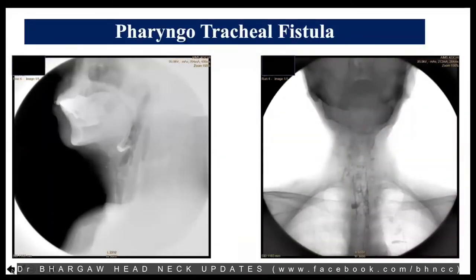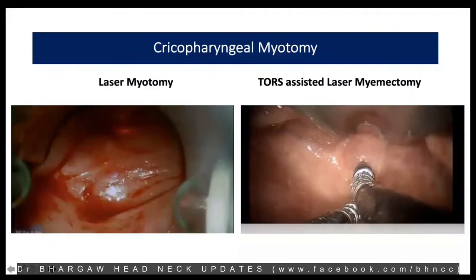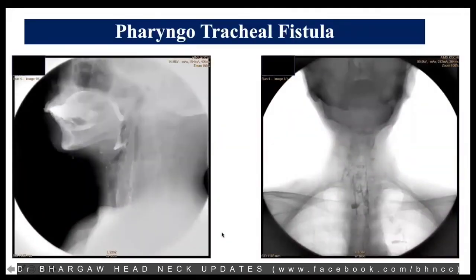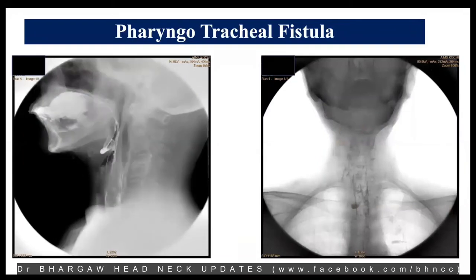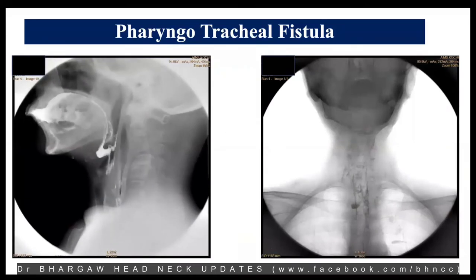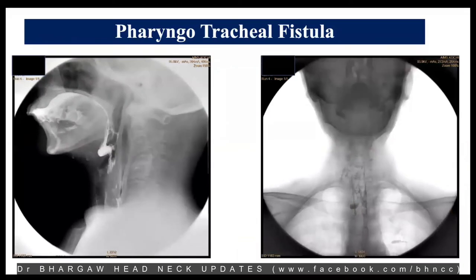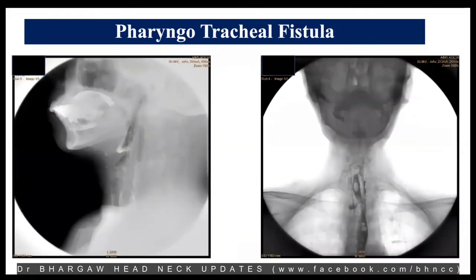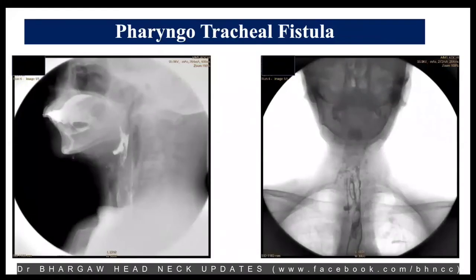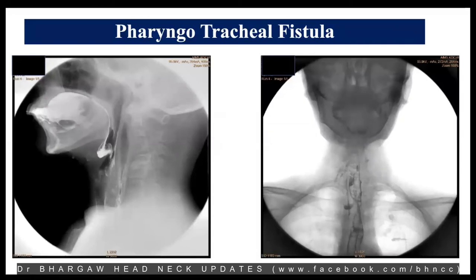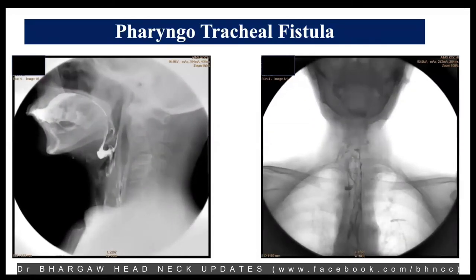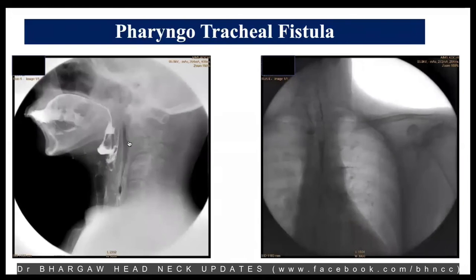Sorry, I'll just go back. Yeah, here's a patient with a pharyngotracheal fistula. Basically, this is, I think, a 60-year-old lady who had thyroid cancer, who had radioiodine ablation, and breast cancer, and during one of the routine gastroendoscopic procedures, she also had a history of a pre-malignant lesion of the esophagus. So during the routine gastroscopy, she had an iatrogenic perforation, and she ended up with a retropharyngeal abscess.